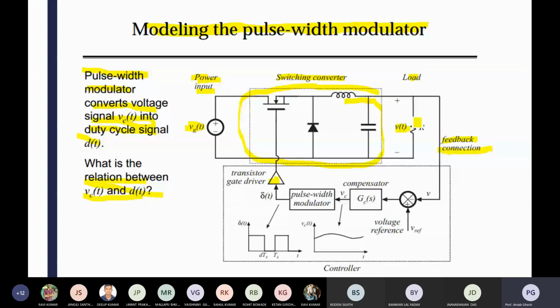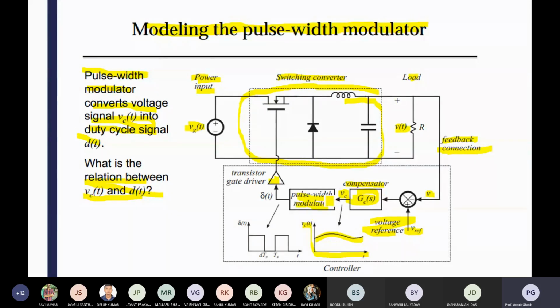In the feedback path, you sense the output voltage v, and it comes here. Now you compare that v with your reference value, the reference voltage. After that, a compensator is there. This is a voltage mode control, a standard single loop controller for voltage mode control of a switching converter. Here you can see that vc is the control signal. What will the control signal look like? It looks like a small, slowly varying value of vc with time t, almost fixed, and it should be near zero.